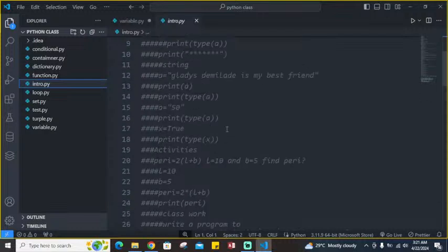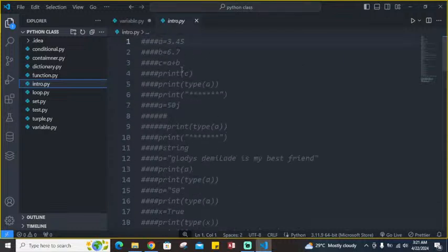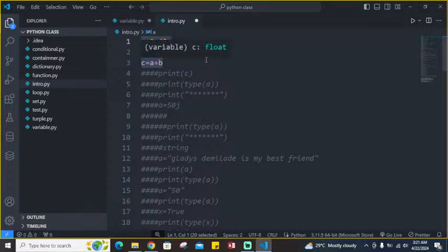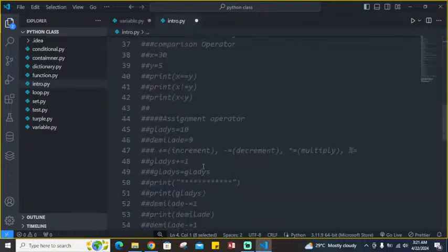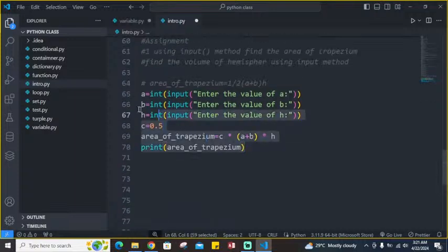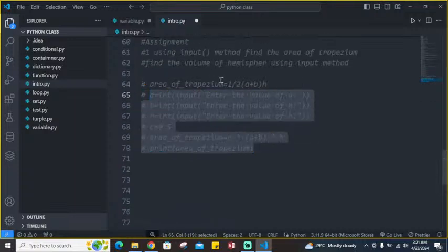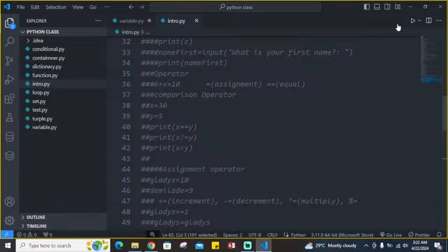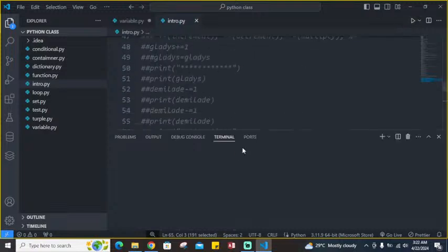Quickly, in the beginning we were talking about variables. We declare a variable. I said if a is equal to 3.4, b is equal to 6.7, and c is equal to a plus b, then print c. Let me just comment everything out, so that by the time you save and run this file,